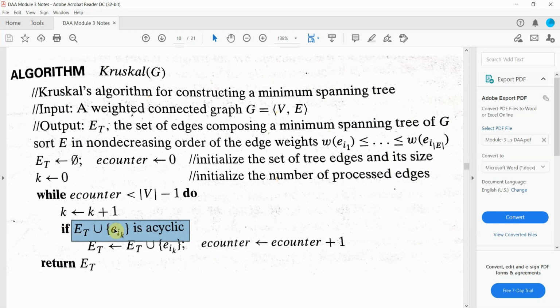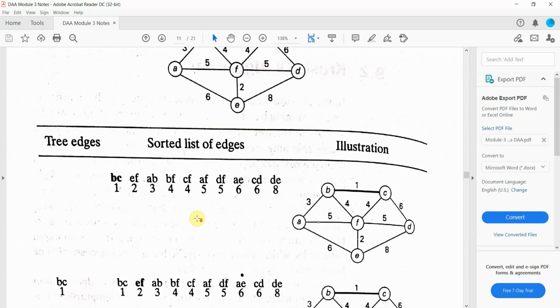Therefore, we need a logic to find whether adding an edge to a set of edges forms a cycle. If it forms a cycle, we should not consider it. Otherwise, we can add it. And that is how we have solved for the Kruskal's example.